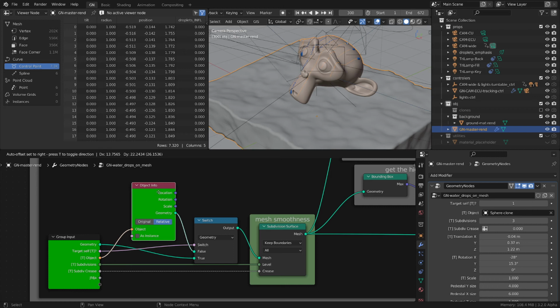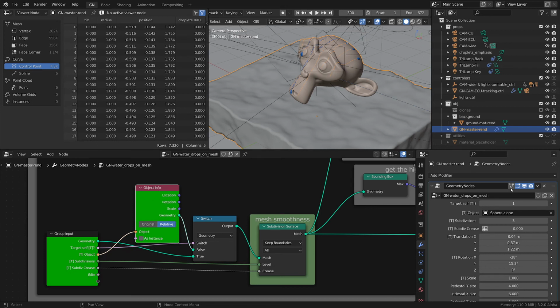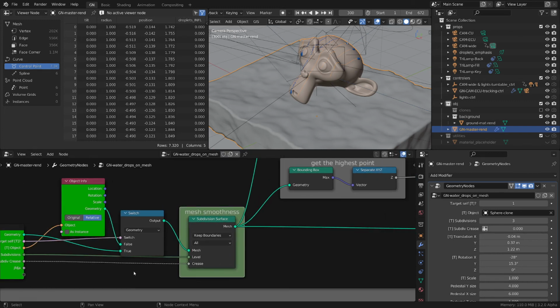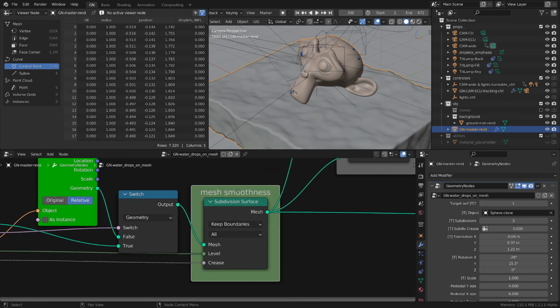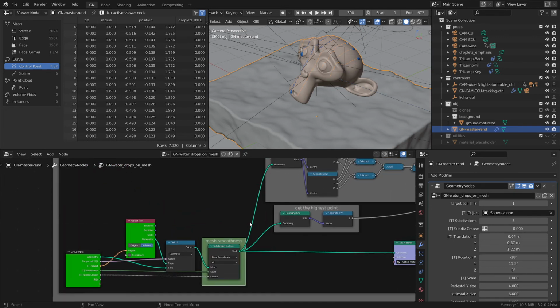So what I did, I created this switch here that is switching between the inside geometry or outside geometry, and I exposed this object, so you can select it here, anything you have in your project file. After I did that, I added the subdivision and I exposed that, also the crease, to control how smooth the mesh is, and basically how much of the edges you keep. So this is that part. How I created all these controls